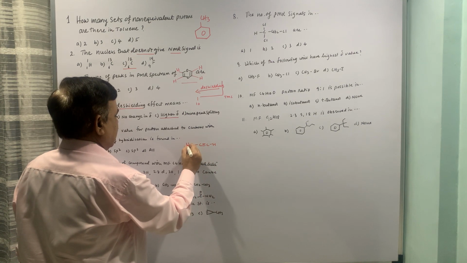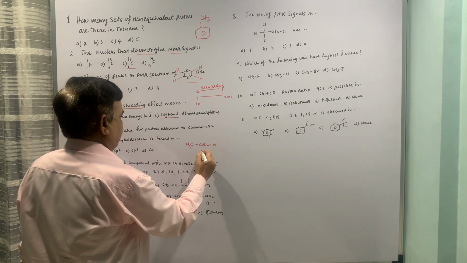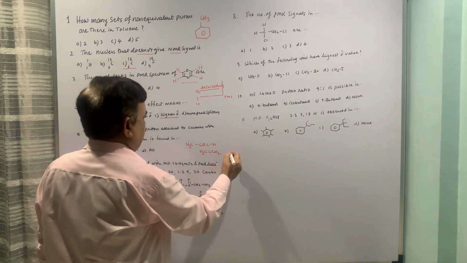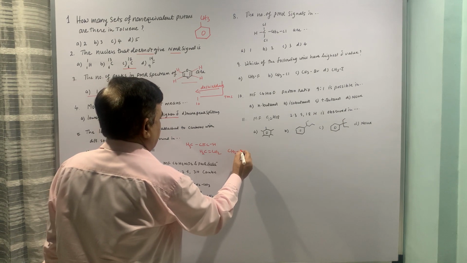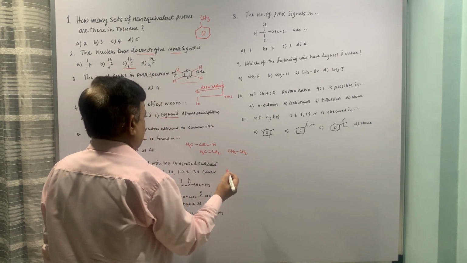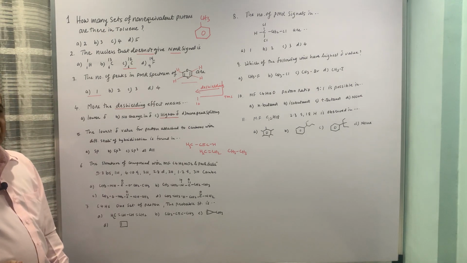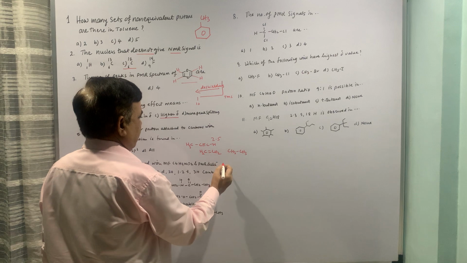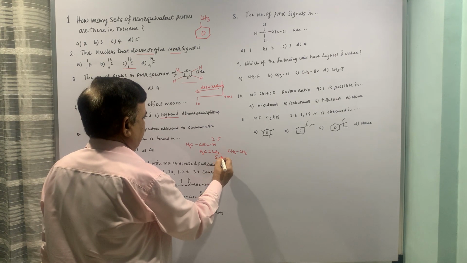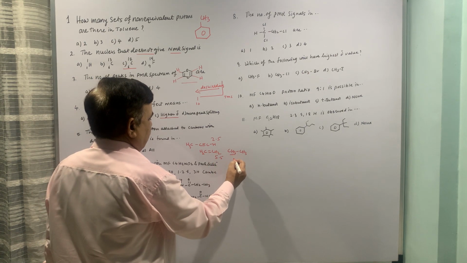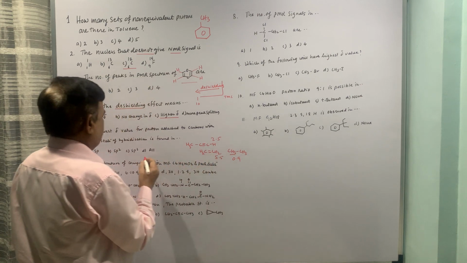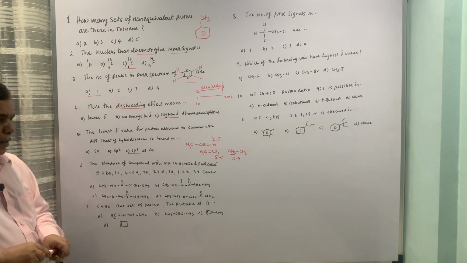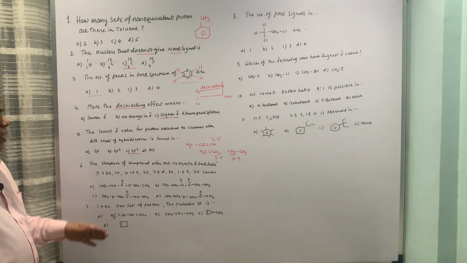Let us take one example. For sp2, I will take the simplest example of ethylene. For sp3, let us put one example. Now the chemical shift values: this will be around 2.5, this will be 5.5 and this will be 0.9. So the lowest is possible in sp3 hybridized carbon, the proton attached to it, or saturated carbon in other terms.